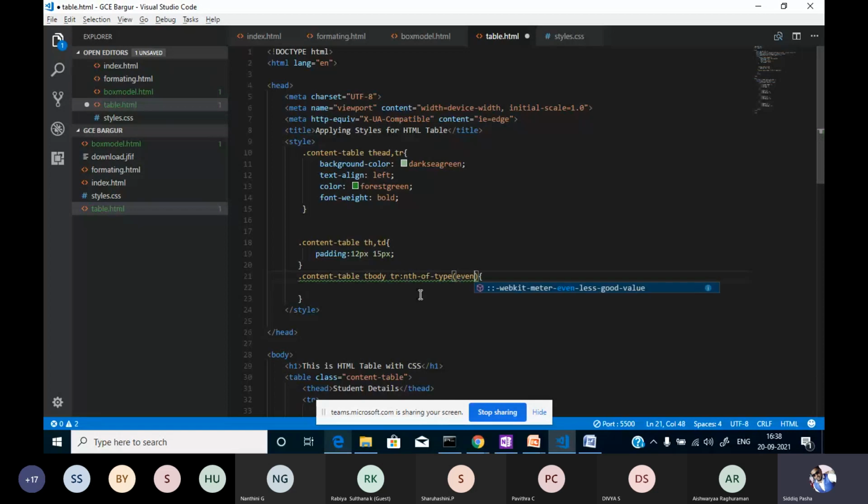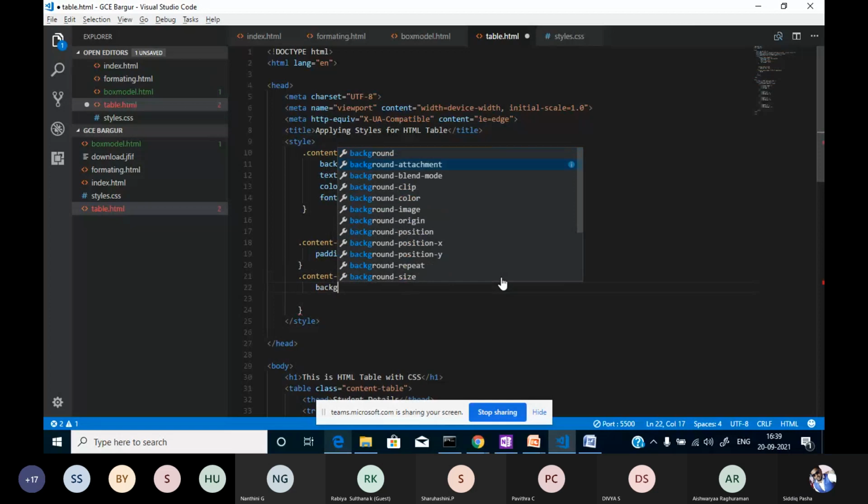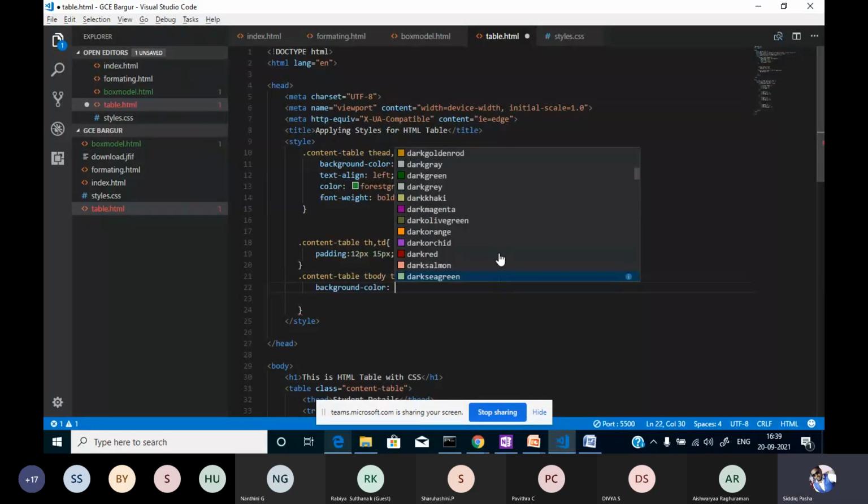So for even number of rows, the style will be somewhat different. For this particularly, I'll apply some other background color. Let it be white.